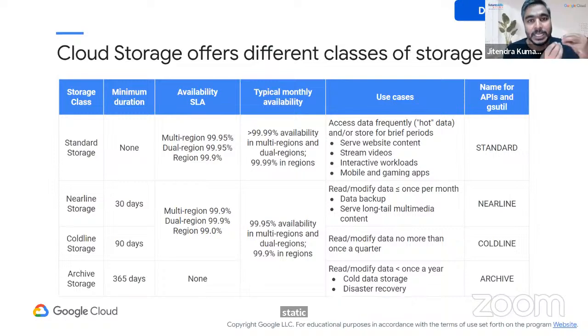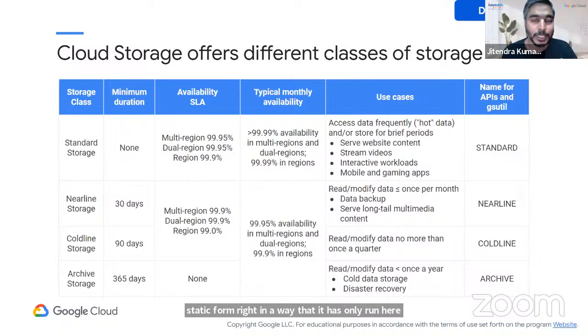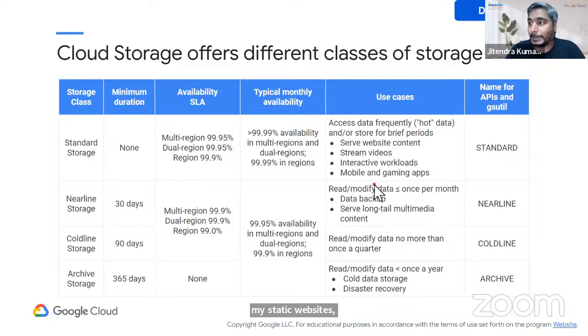In a way that it has only HTML, CSS, and JavaScript, right? There is no server side component, and you know that every time you publish a new blog, it is all HTML pages that you have got along with certain CSS and JavaScript. Now, all of that, your website standard, your static websites could be hosted out of GCS bucket, right? So for me, this becomes a pretty cheap way or pretty low cost mechanism to host my blogs, to host my static websites, etc. Right? That is something I could think about here.